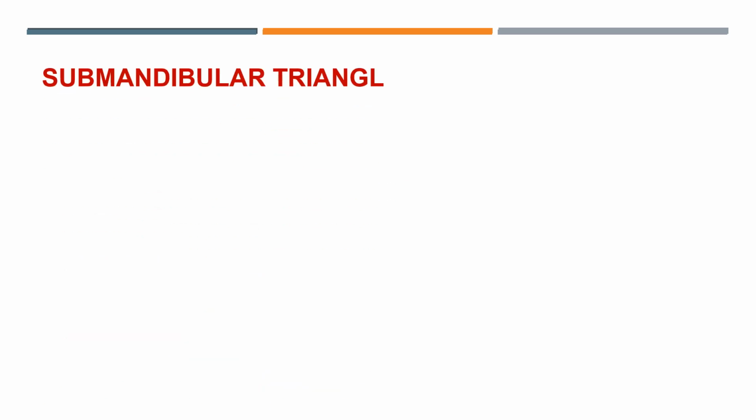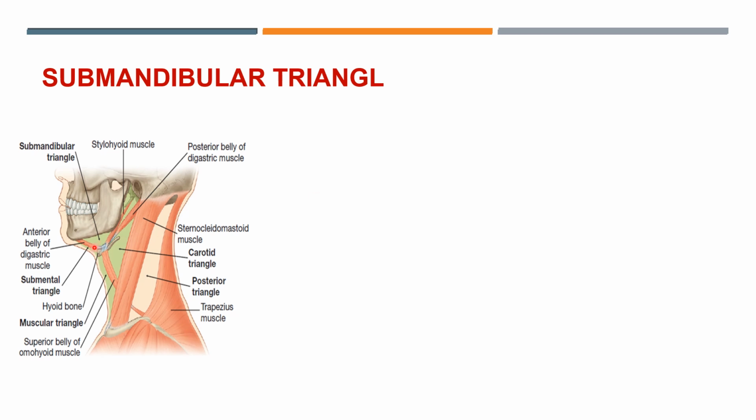The other triangle, which is digastric or submandibular triangle, which is found here, and as you know its boundaries, we have the anterior belly of digastric, and then the posterior belly of digastric, and we have the mandible on the top. So these are the boundaries of this triangle. The floor is also made of mylohyoid and hyoglossus muscle. These two muscles form the floor of the mouth. They also form the floor of this triangle, and the roof is also made by the investing layer of deep